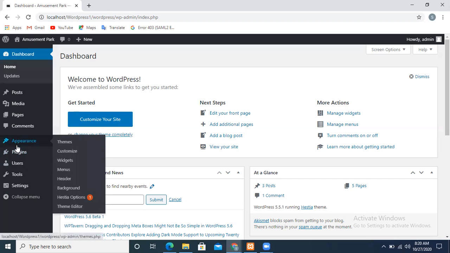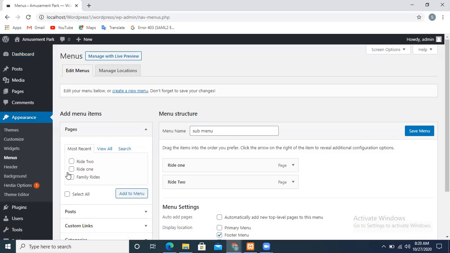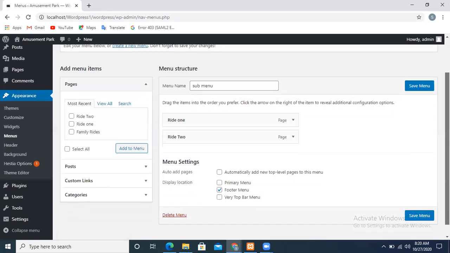First of all, you will just circulate over the tab which is menu and then click over here. In this particular tab, you will have the option add menu items. You can select all or you can select 1 or 2 pages, whatever you want to implement.